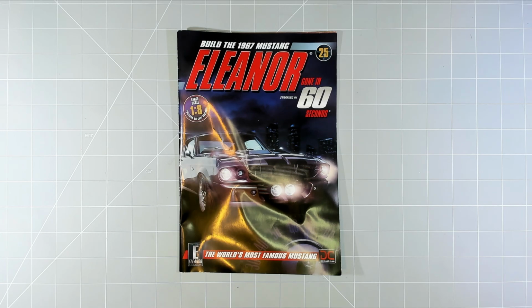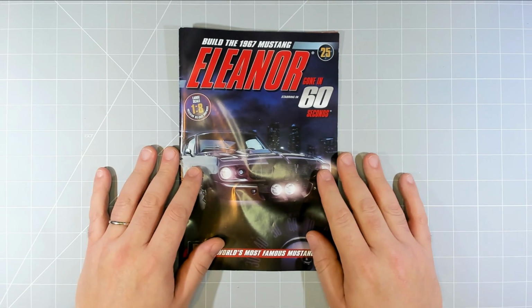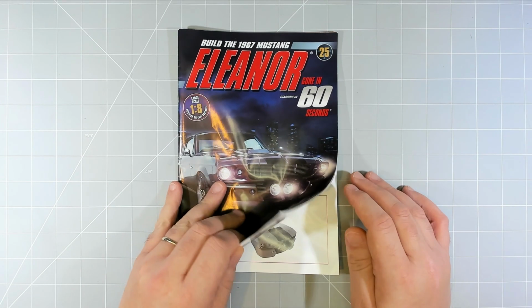Today we are doing a build. It was from Eagle Moss, transferred to FANHOME. It is the build of the 1967 Mustang Eleanor, Gone in 60 Seconds. This is pack 25, and last time I finished with this, we've done